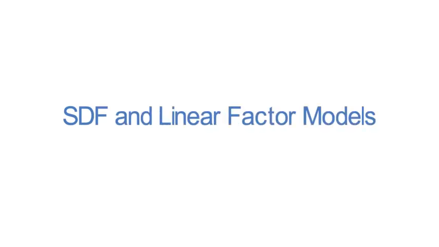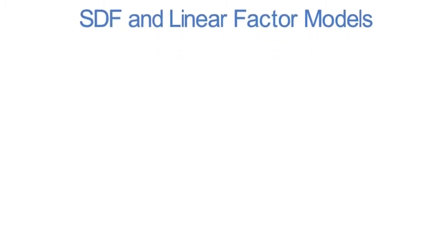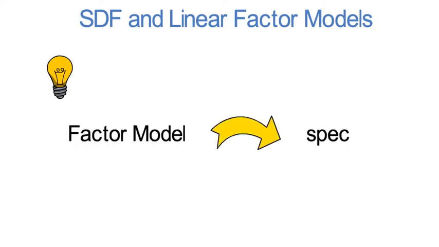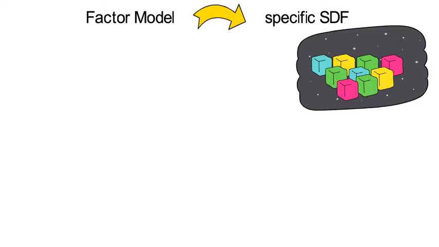This video connects the general concept of a stochastic discount factor to linear factor models. Now you should already take as a learning point that every factor model postulates a specific stochastic discount factor. So basically every linear k-factor model for returns assumes that all assets in the investment universe are priced with the following SDF.